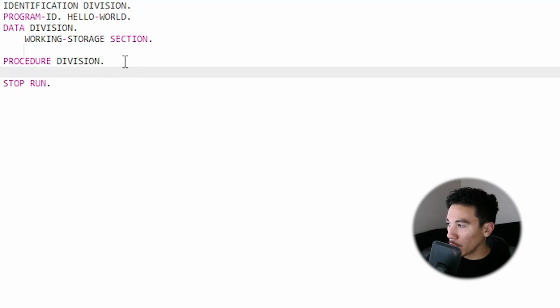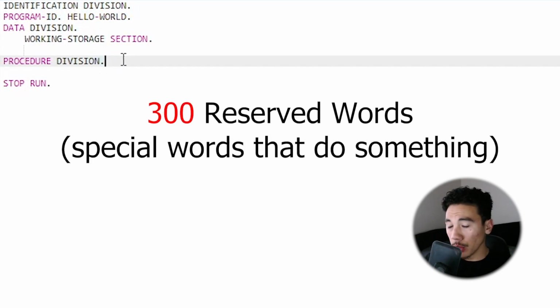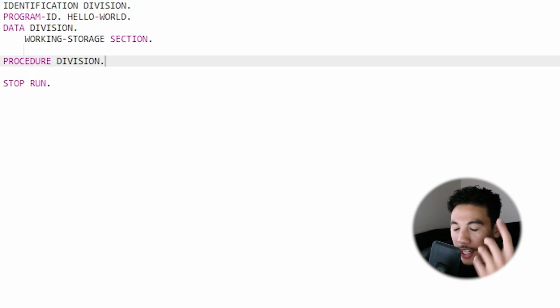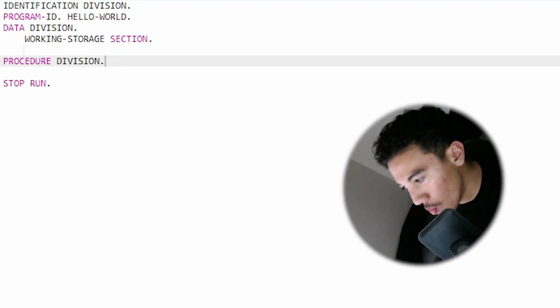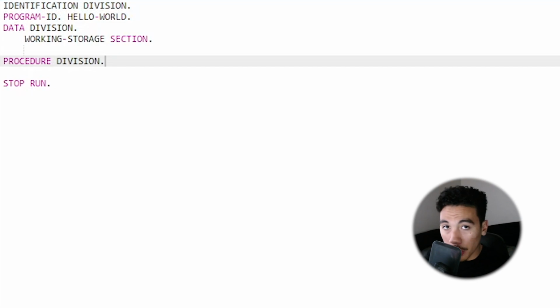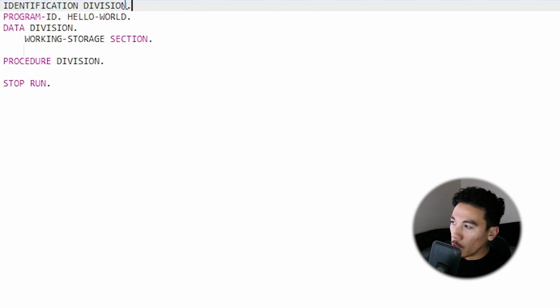Now, the one bad thing about COBOL is that it has over 300 reserved words, whereas Python has 35 reserved words. I want you to just take a moment and think about why it's probably a bad idea to have over 300 reserved words. Did you get the answer? It's unnecessary as fuck. We don't need over 30 ways to do the same thing. In Python, you have one way to do something and then that's it. Everyone learns how to do it that way, and why make another way to do it if the first way works?